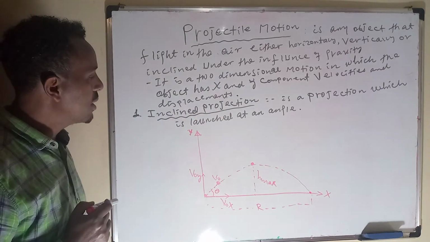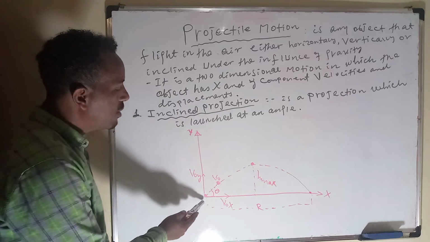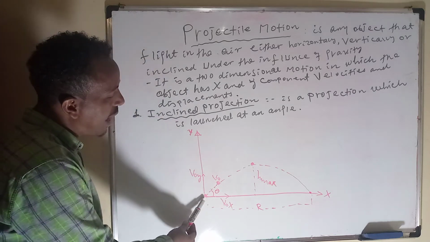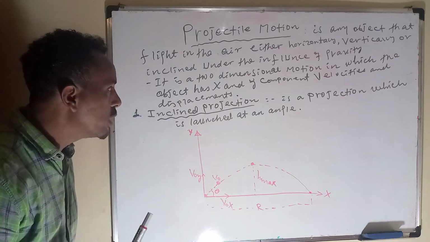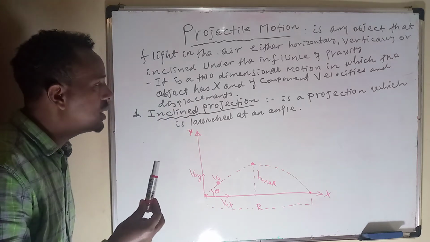If the ball or any object is projected at an angle, it is said to be inclined projection. What property